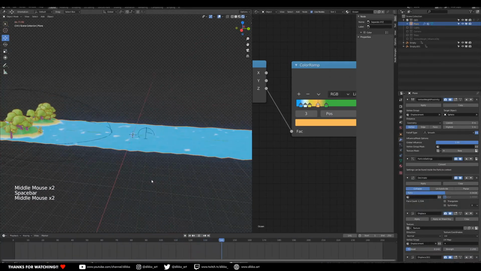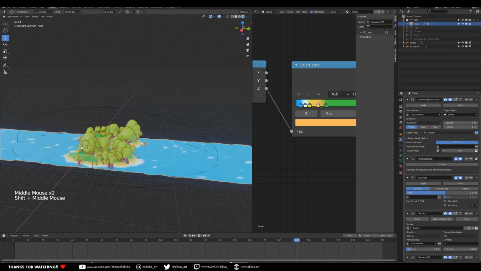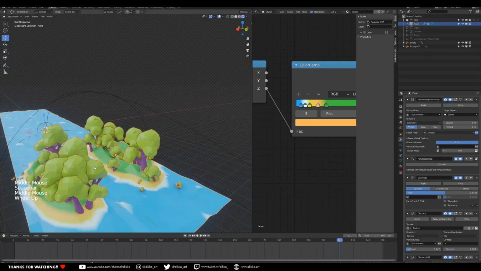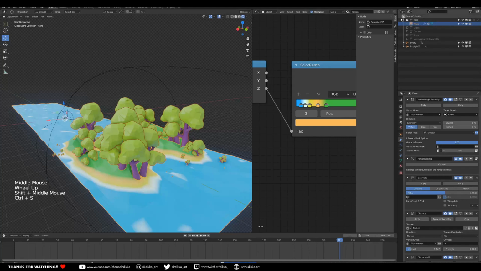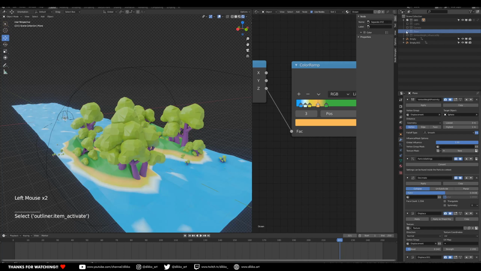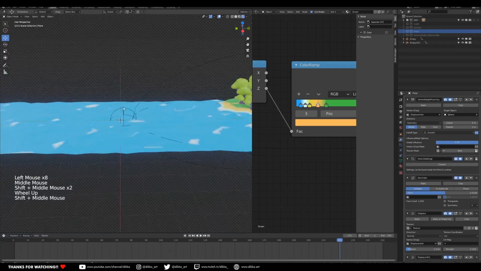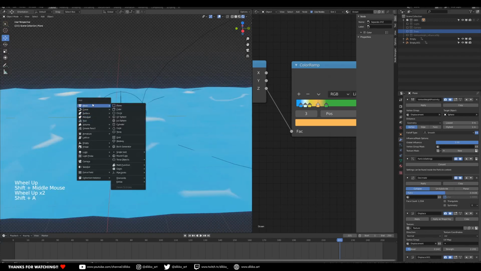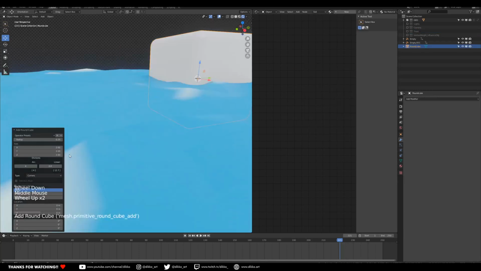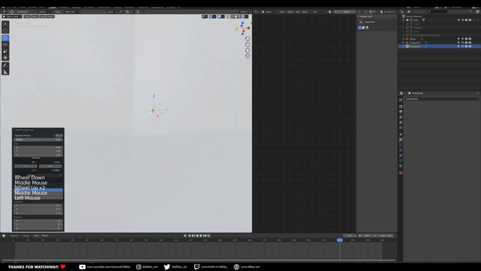So if we want to now, we can actually add extra objects to this thing as well. Because we're using a collection for our particle instance, we can actually add other objects to this collection to give it more objects to play with. So if we add a rock, let's add a random rock. Let's just make a round cube. Increase that radius a little bit,